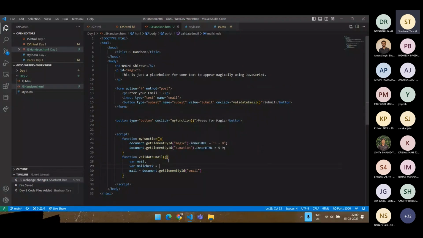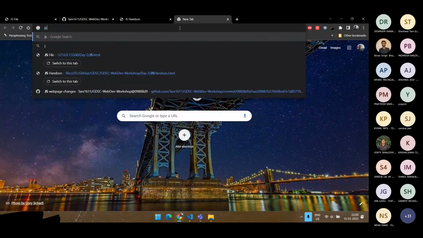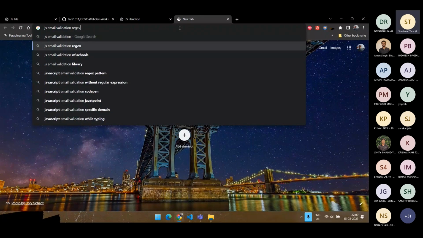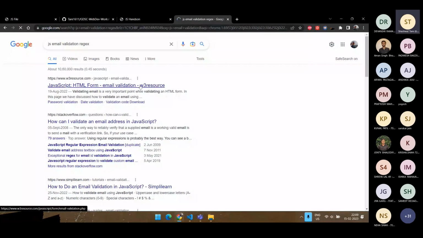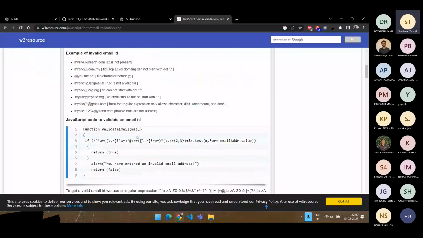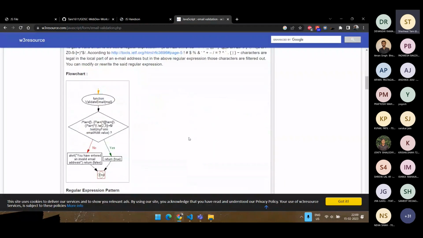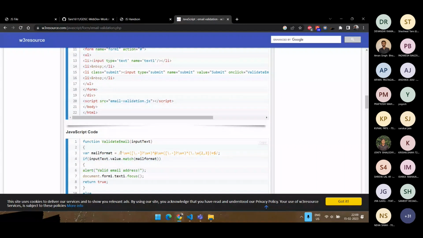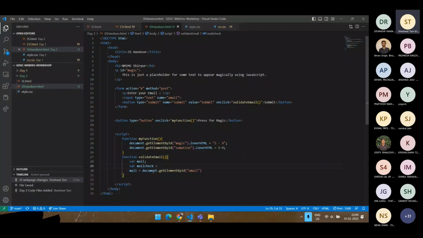इसमें हम यूजुअली रेगुलर एक्सप्रेशन यूज करते हैं, बट मुझे रेगुलर एक्सप्रेशन याद नहीं रहता है। तो मैं क्या करता हूँ, गूगल जाता हूँ, JS ईमेल वैलिडेशन regex। यहाँ से तुम्हें W3 रिसोर्स आएगा, यहाँ पे तुम्हें इसका regex मिलेगा। ये रहा, यहाँ तक। दिस इज नॉट द regex व्हिच वी आर लुकिंग इनटू, इट्स हियर। इसको कंट्रोल C करके ये बंद कर देंगे। यहाँ आएंगे।